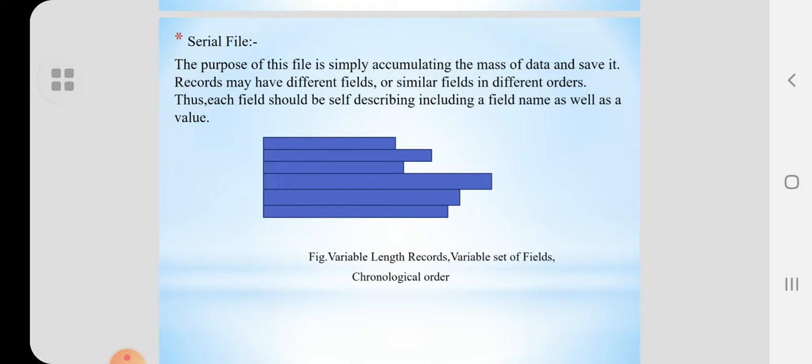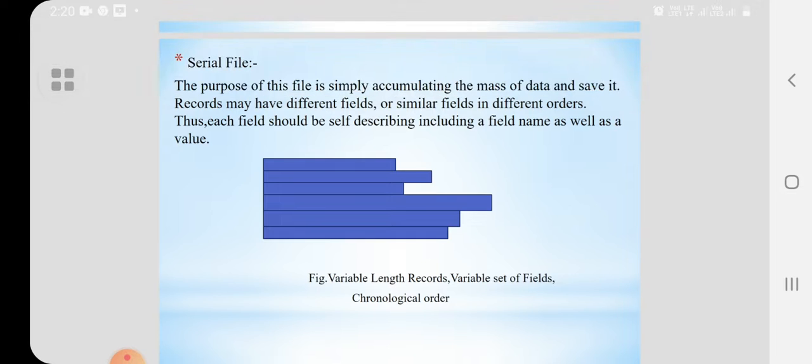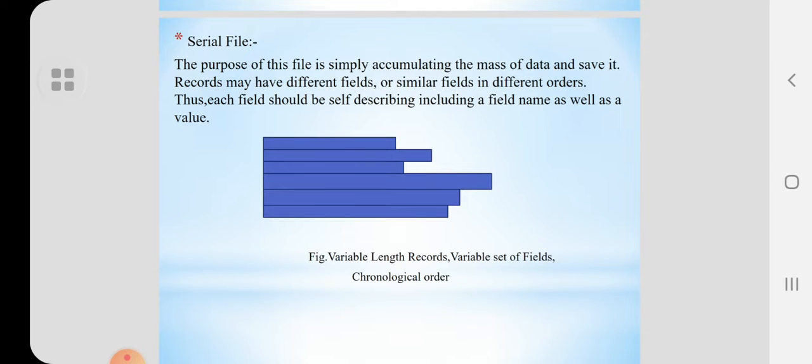Thus, each field should be self-describing, including a field name as well as value. The figure shows variable length records, a variable set of fields, and chronological order.